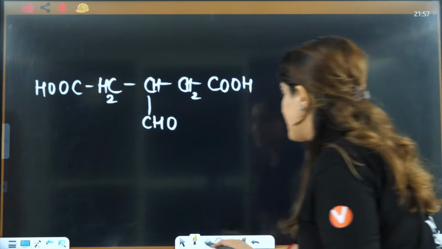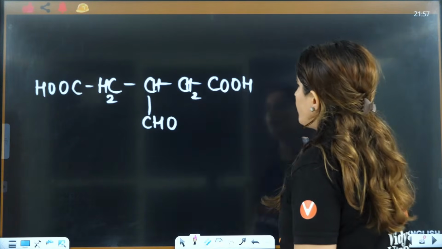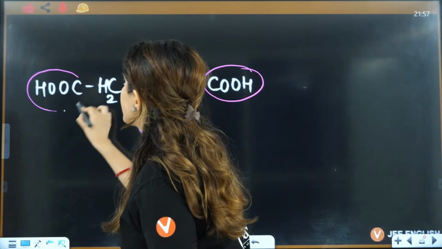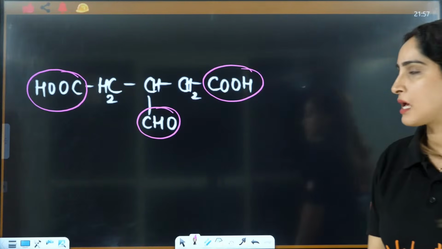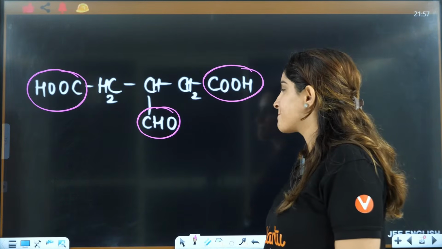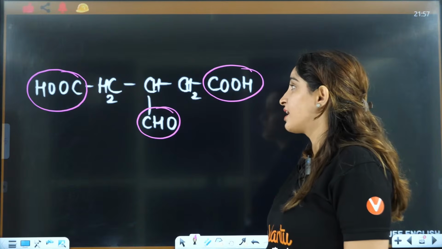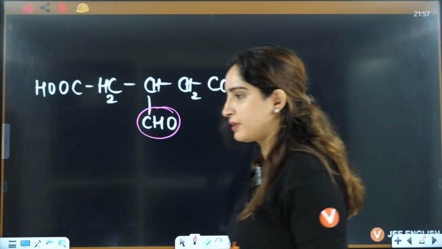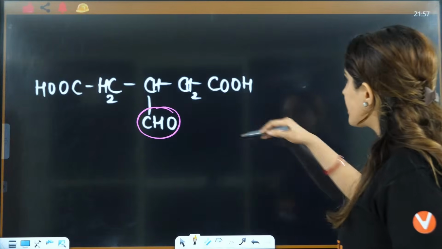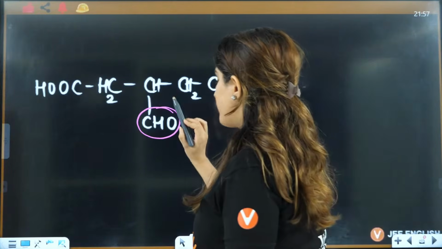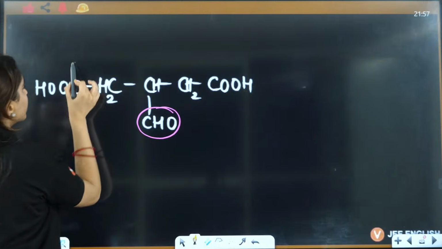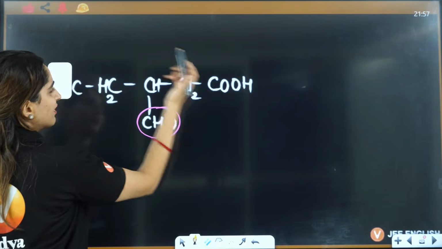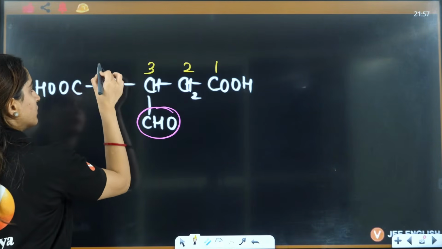Now here, you have CHO, you have COH, you have COH. See this. In this case, you have this as a substituent, and COH is the main group. Numbering will start either from here or from here. I can start the numbering from this side, 1, 2, 3. If I start from here, 1, 2, 3, that is the same thing. Either way you can start the numbering.